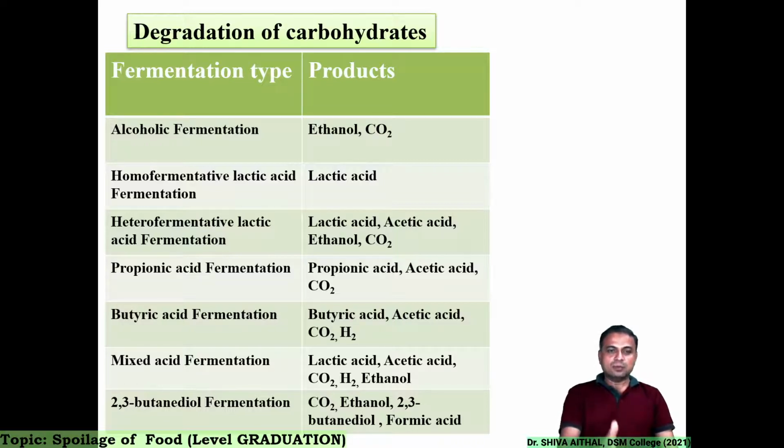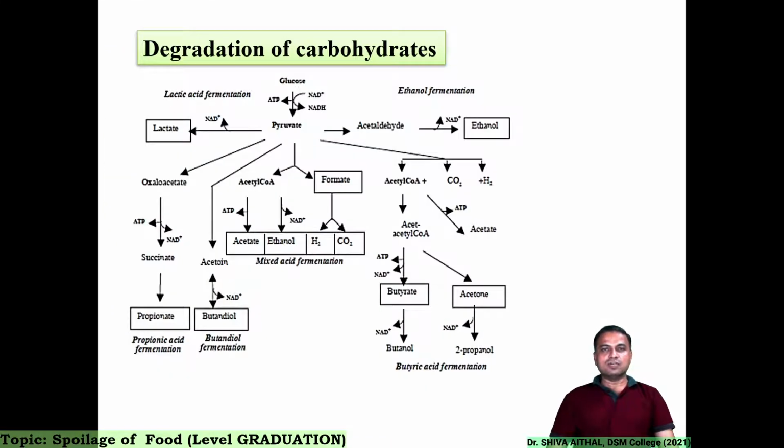So, like that, mixed acid fermentation, 2,3-butanediol fermentation, all these pathways by the microorganisms result into undesirable products. These products can be desirable if they are under a controlled process. That you will study in the next semester in industrial microbiology. Try to understand, we are studying this in food spoilage. So automatic lodging of the bacteria on the food and metabolism which is uncontrolled results into these products which deteriorate the quality of the food.